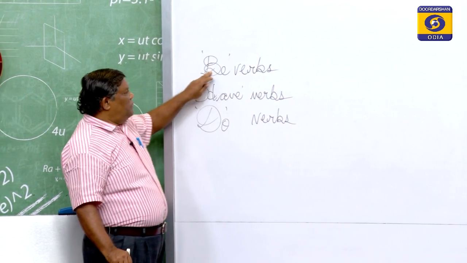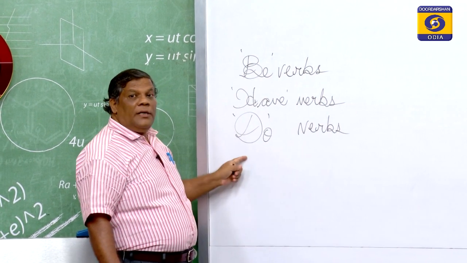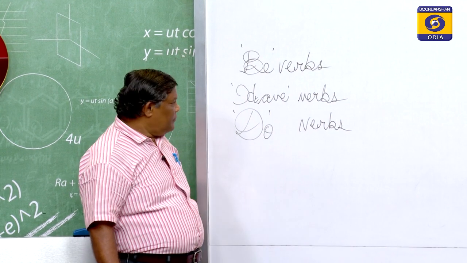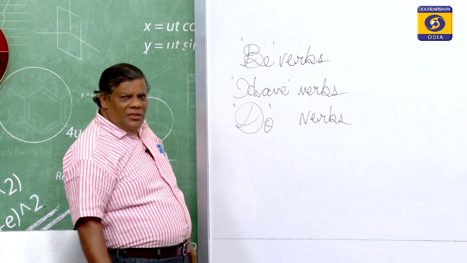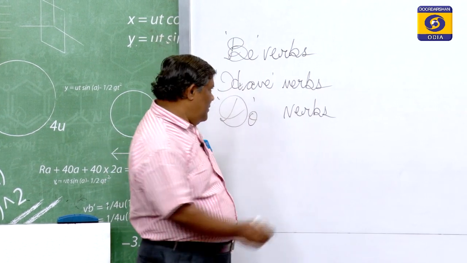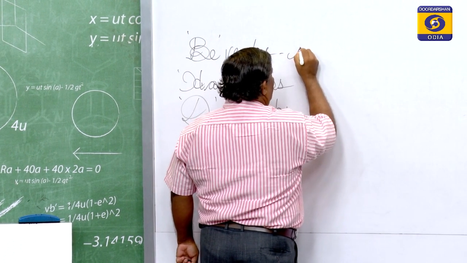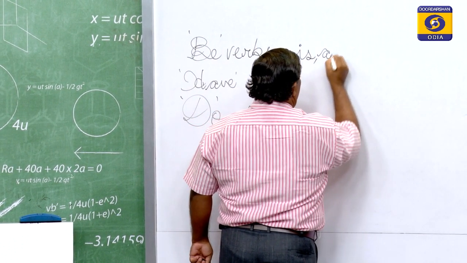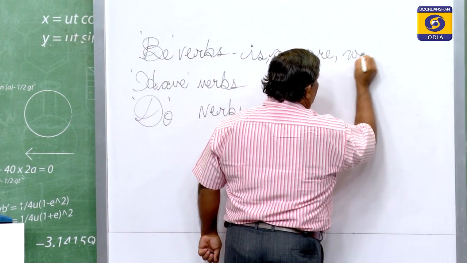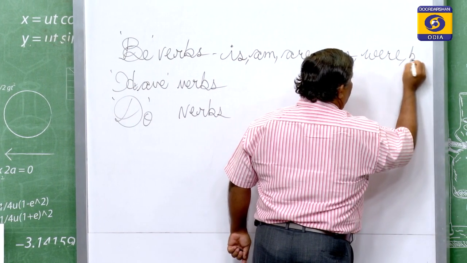We have be verbs, have verbs and do verbs. These are called primary auxiliaries because they can be used as main verbs as well as auxiliary verbs, and the be verbs are is, am, are, was, were, been,